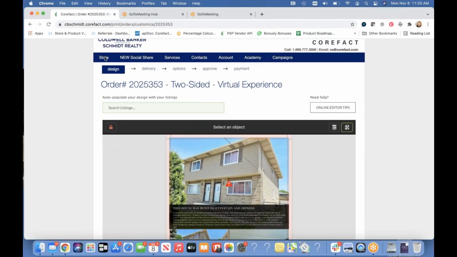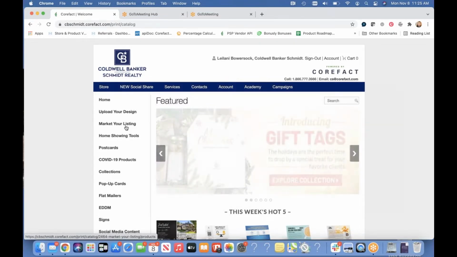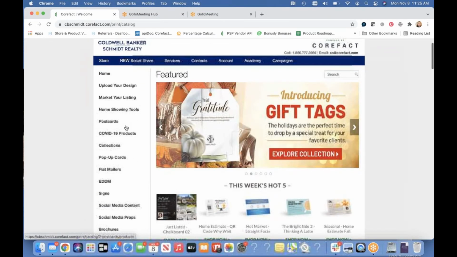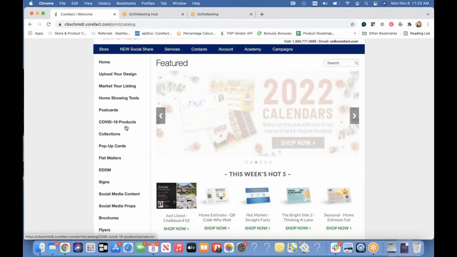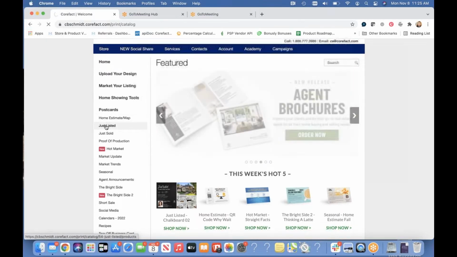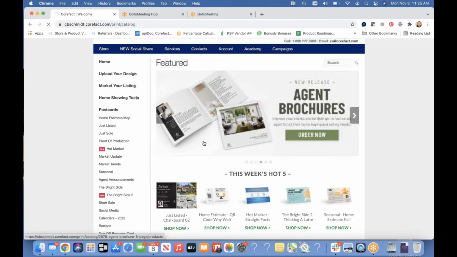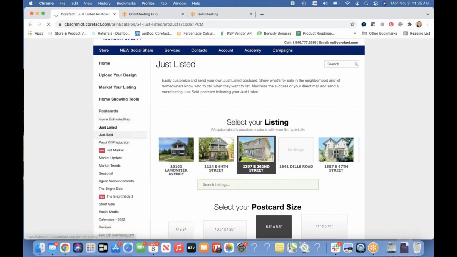But back to the store, I did want to show you what is unique about Corefact with our signature piece, which is basically it's a lead generation from our mailings. So what we're really known for and what people get excited about with Corefact is the capability to track our direct mail pieces. So if we get into the postcard section, of course, we're going to have those just listed and just sold pieces that we were just looking at, that autofill, but more